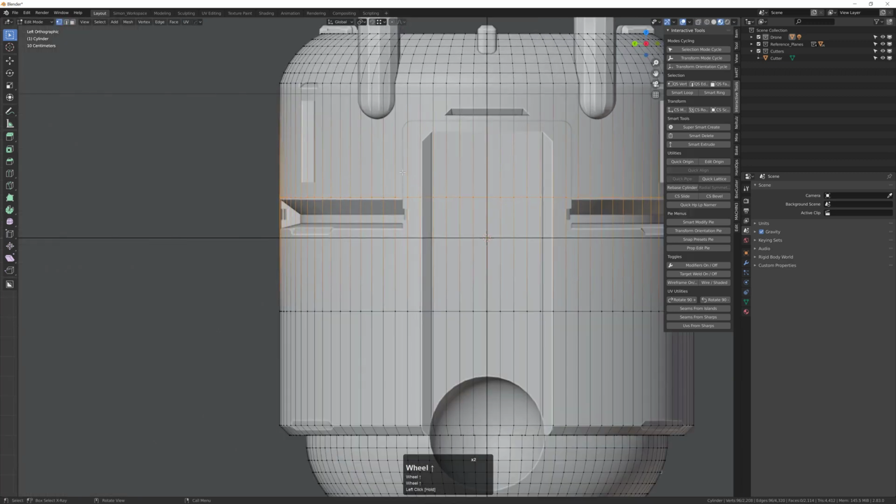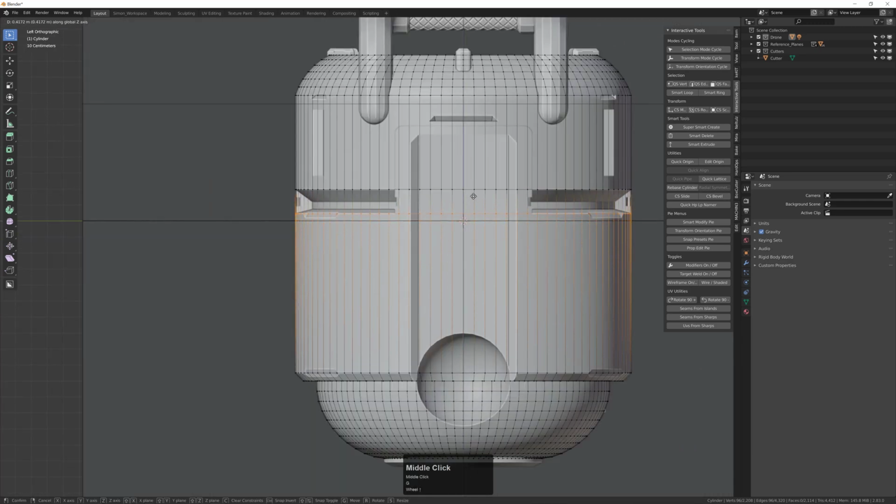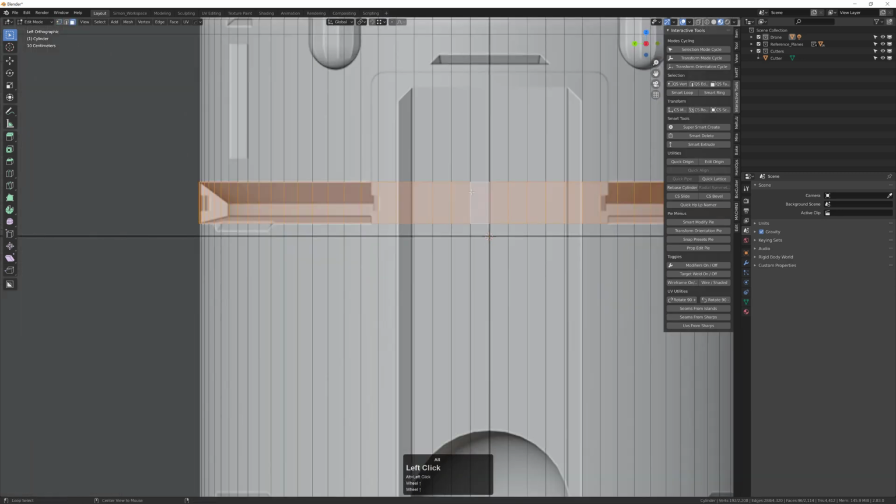And then let's go to edge mode or to vertex mode, and then middle mouse button and drag the mouse up and down to constrain to the Z-axis. And let's line up these edges with our reference plane. There we go. And then 3 to go to face mode, hold down Alt, click on the neighboring edge, and